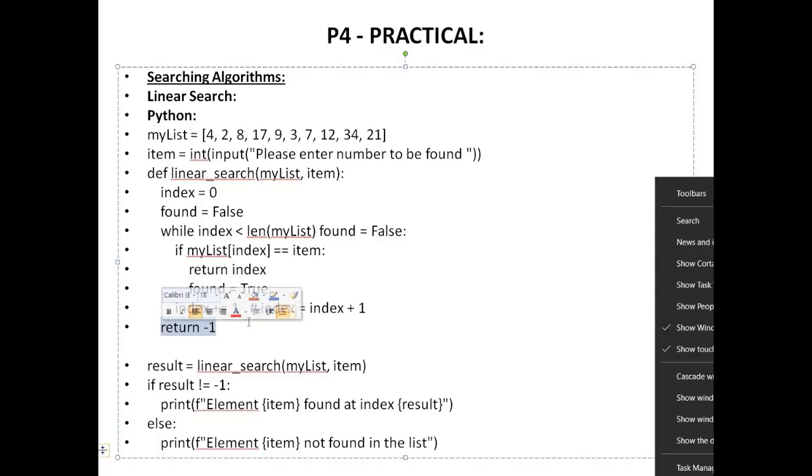No. You are forgetting a basic thing about functions: a function can only return one value, not multiple values. So Python will not run this line if you have already returned something over here. Then you can simply run the function and store the result in a variable, for example with the name result, and provide my list and item as parameters.